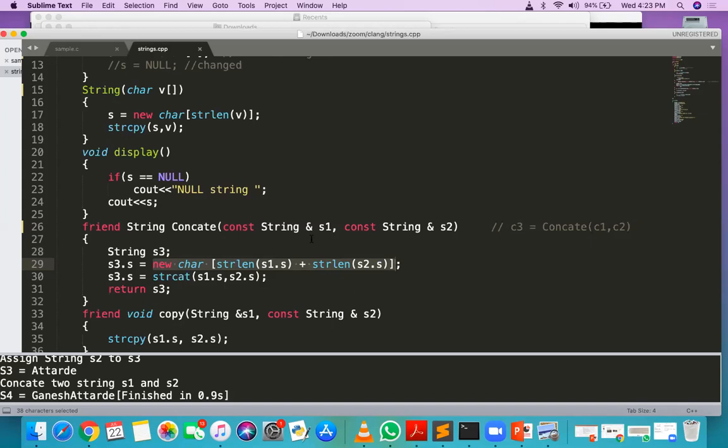Suppose S1 is HELLO, 5 characters, and S2 is hi, 2 characters only. So 5 plus 2 is 7, and S3's S is pointing to a memory location having size 7 only.